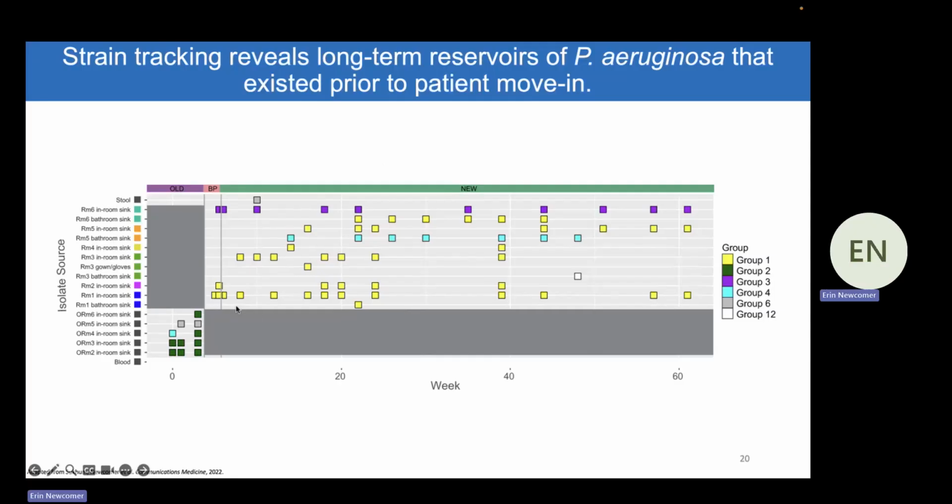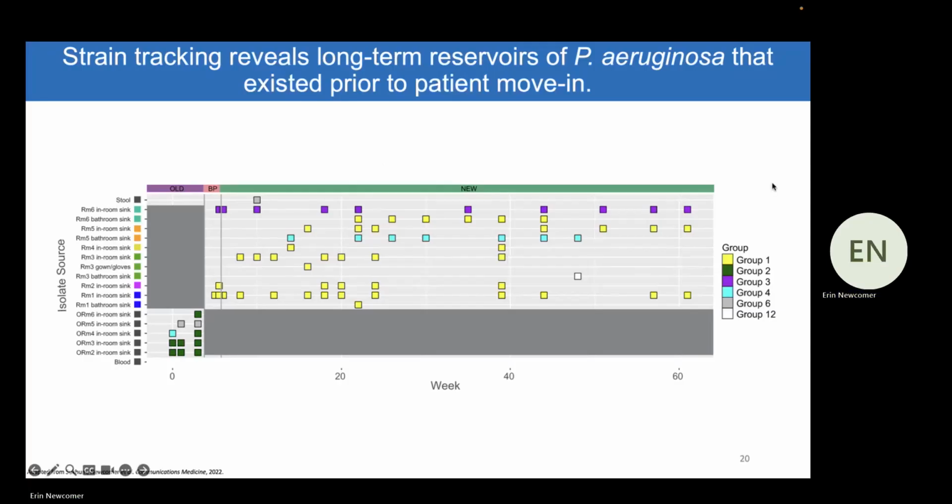You can see these yellow squares show up actually before patient and staff move in. In this pink area right here, it showed up in 2 different patient room sink drains and then remained in those sink drains over the full course of the year of sampling we conducted here, and then also appeared to spread, or at least show up, in all of the other room sink drains